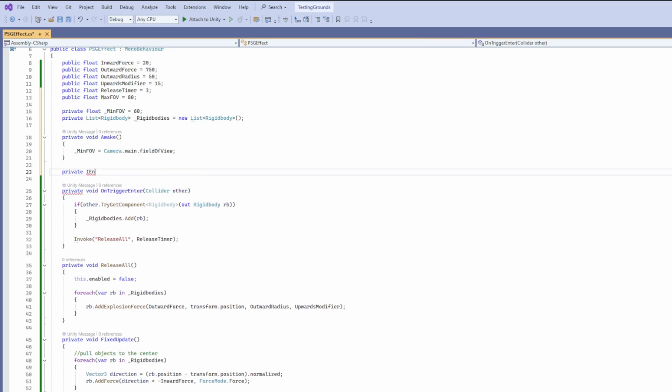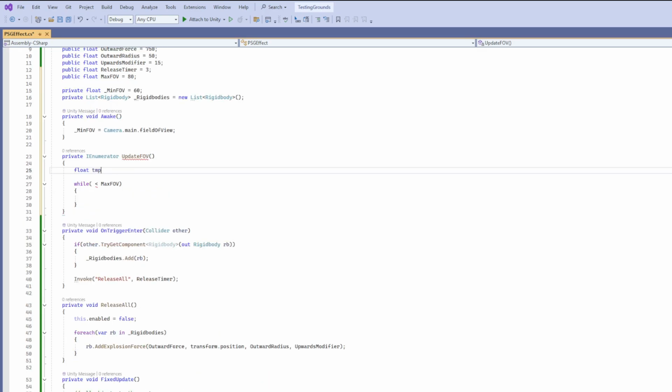And we want to create an enumerator that'll update the camera's field of view over time. Store the camera's field of view up top in a temp variable.